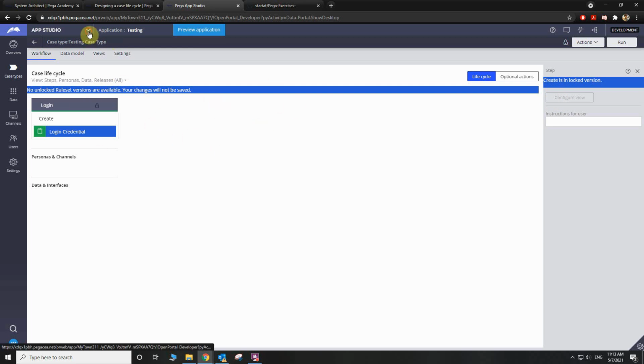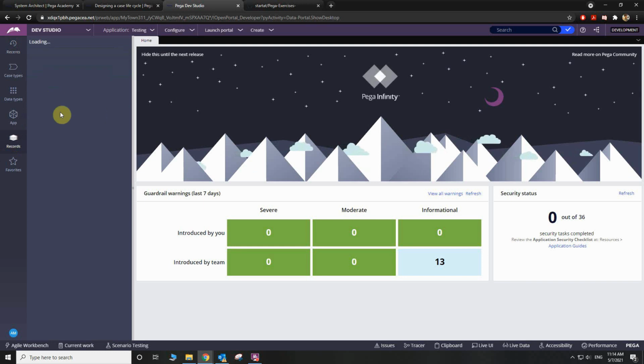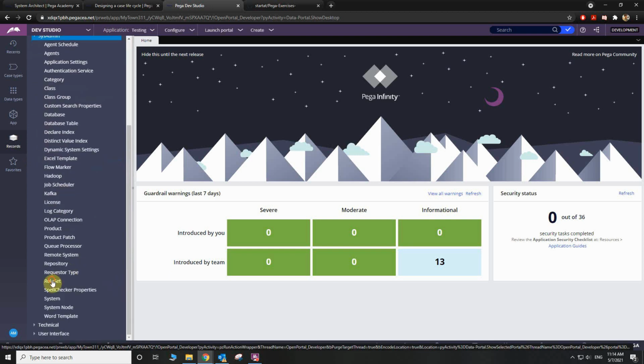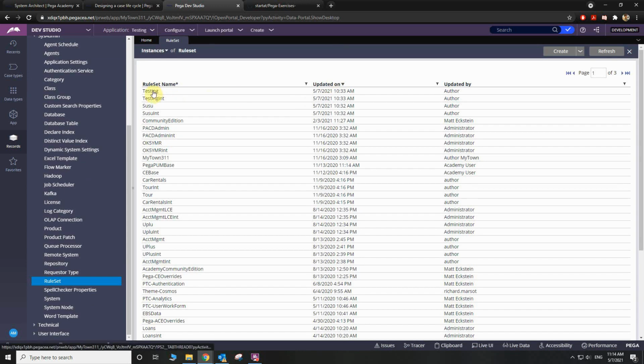Okay, your job now is to create another version. Instead of unlocking my first rule version, you want to create a new version on top of the first one. Why is that? When we create a new version, you want to go to records and go to system admin. There's a rule set over here. Like I showed you guys before, when I click this testing,